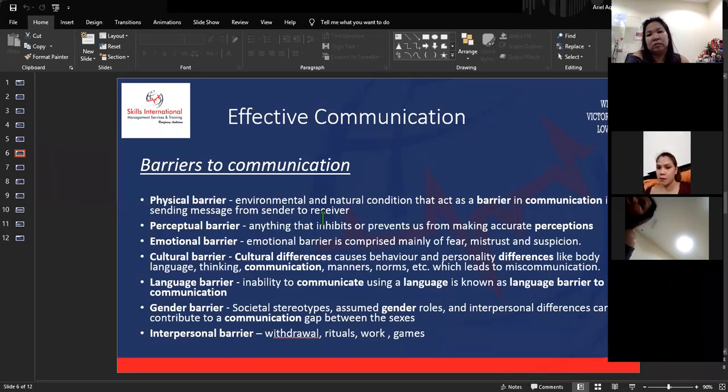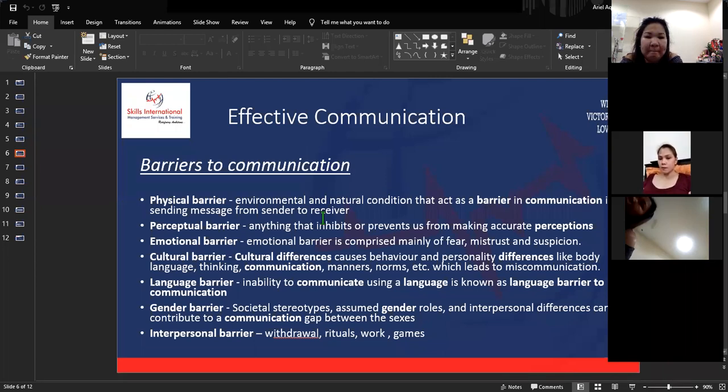Next is cultural barrier. It causes behavior and personality differences like body language, thinking, communication, manners, norms, which leads to miscommunication. Like, I'll give you an example. In Gulf countries, especially in Saudi Arabia, their culture is very tight and strict. So it doesn't mean hindi mo pwedeng kausapin si madam,